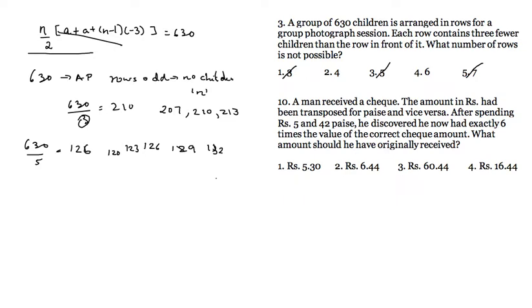Now, if the number of rows are even, what happens? So then you have rows of this form, right? Let's say n minus 3, n, n plus 3, and n plus 6. Now, if I find the average, it will be between these two, it will be n plus 1.5, which means that the average will not be an integer. It will be a decimal. Only if it is a decimal, then you will get integers for the 4 rows. If you get an integer for average, then the 4 rows will have decimals and you can't really cut down